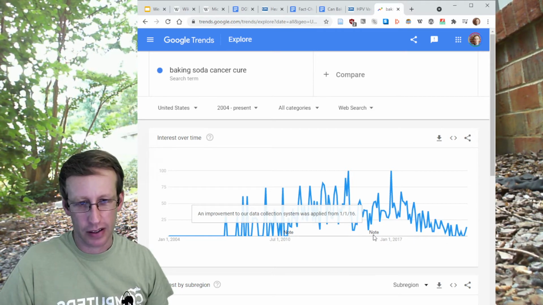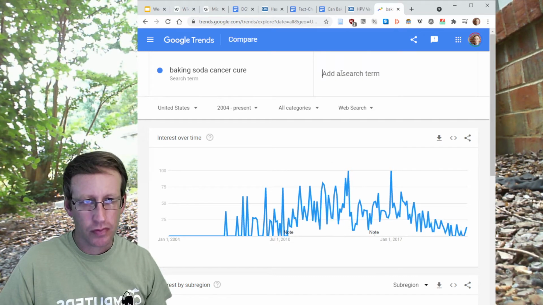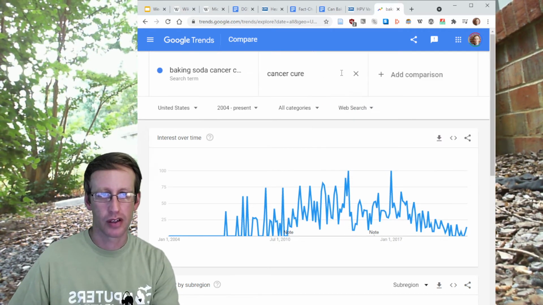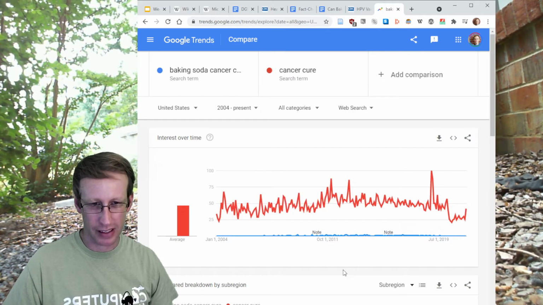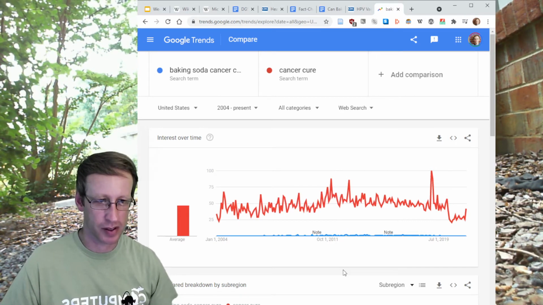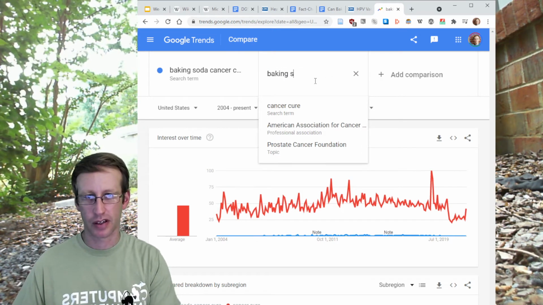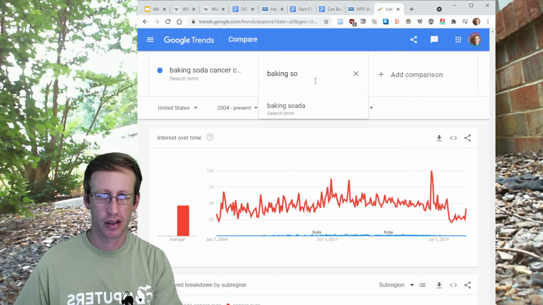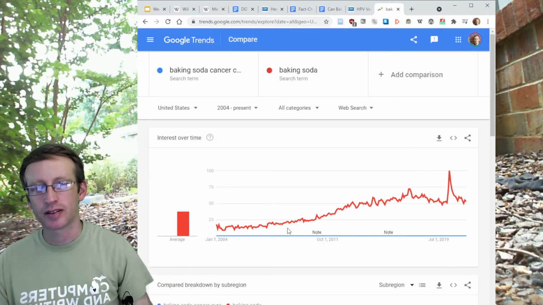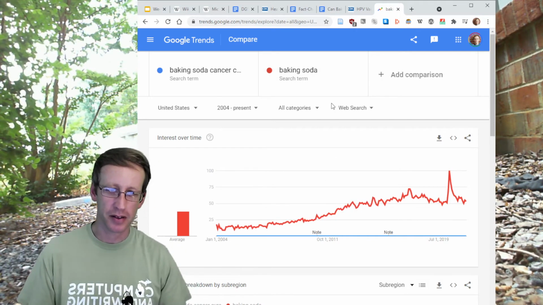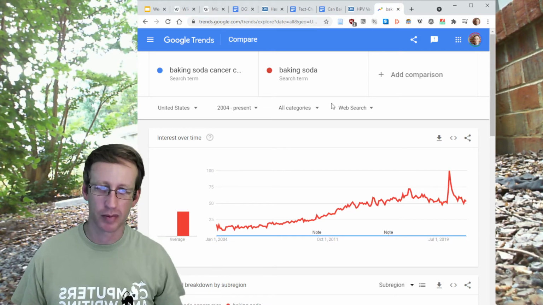Oh, this is just saying that their data collection system was changed. Okay, that doesn't really tell you much about this. I wonder, sometimes it's interesting to search for terms together. And yeah, this term being much more generic is so much more popular that it's really hard to compare them, because it just really spikes way above and below. But I wonder if we just did baking soda? I don't know. Really, the thing you can do here is start to extrapolate by comparison, but comparison doesn't necessarily do much to help you with this.